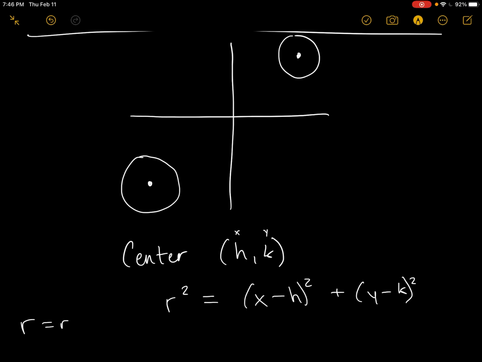So things that you need to know in order to fill in this equation correctly: you need to have your radius, or your r value, defined. You also need to know what the center of your circle is, what your h comma k point is. And literally, if you have just those two things, you're ready to graph it and to show that equation. So for example, if we start off over here,